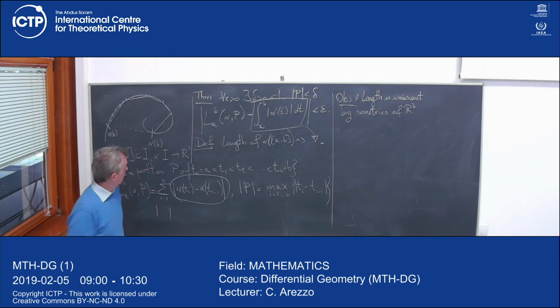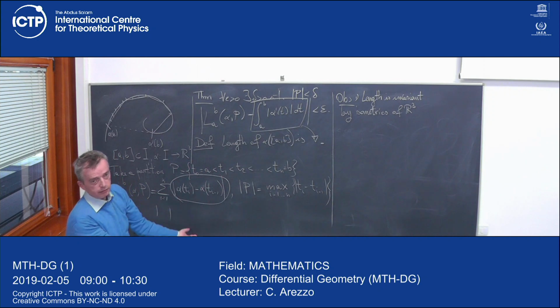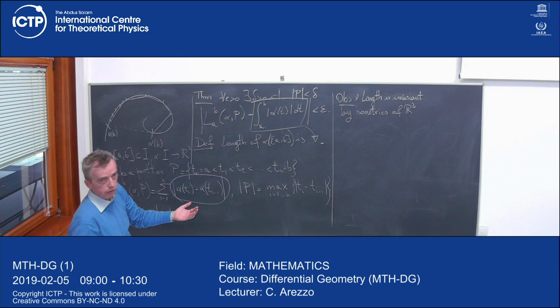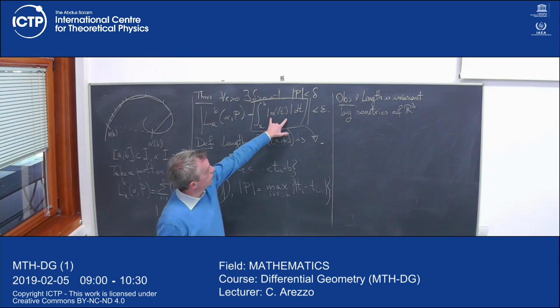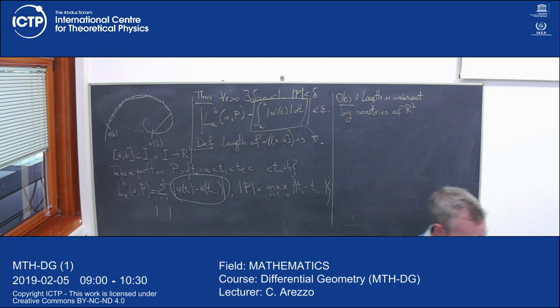So if I take something like this, I assume there is no translation. If I rotate R3, each of these is not changing. If I reflect R3 through a plane, or whatever reflection you want to use, these objects are not changing. So in fact, it's not even just this one that is not changing, it's that each of these is not changing. It's particularly simple, but the principle is very important.